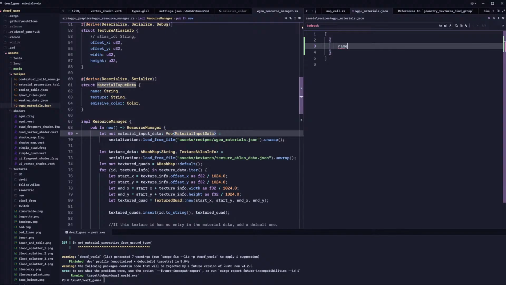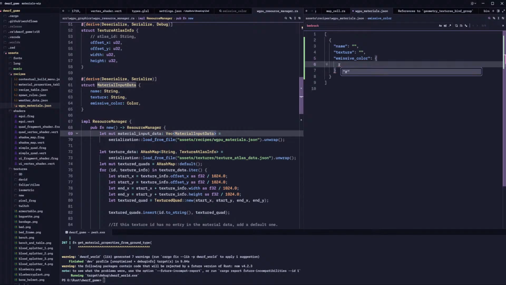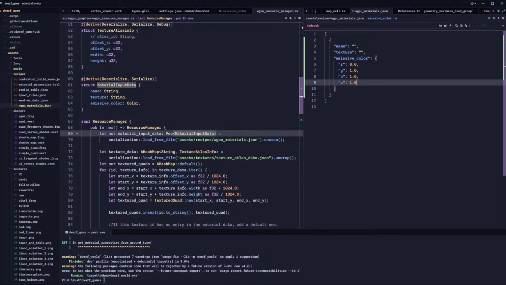Right, so name, texture, emissive, and this will be red, green, actually blue, do this,